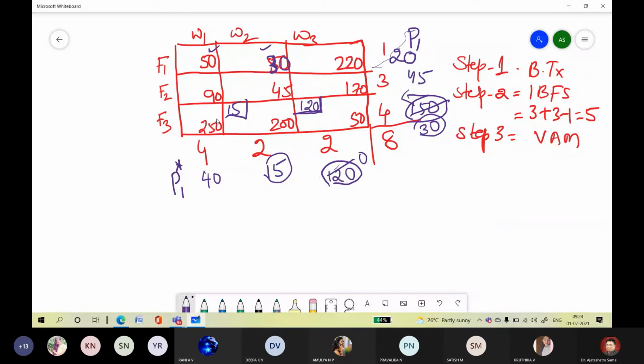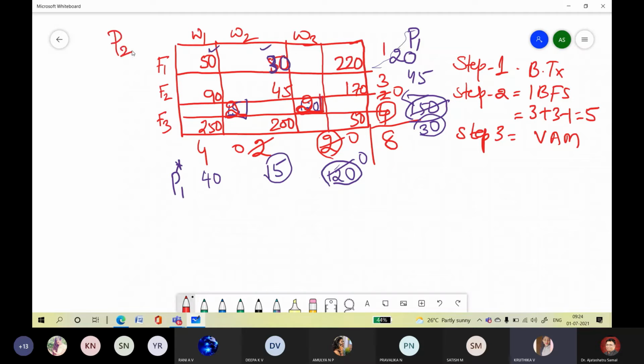Sorry, I have made a mistake. Yes, I took the wrong value. One minute. Here 2 and 4 are there, correct? So 2 and 4. So 2 will come here. I made a mistake. So this is 2, this is 0. Okay, this is dead. Next two elements: this will come 2, this will be 0, this will be 0. This is dead. Correct.